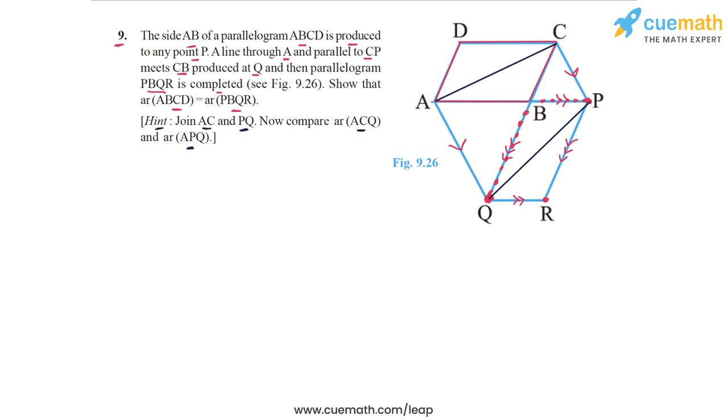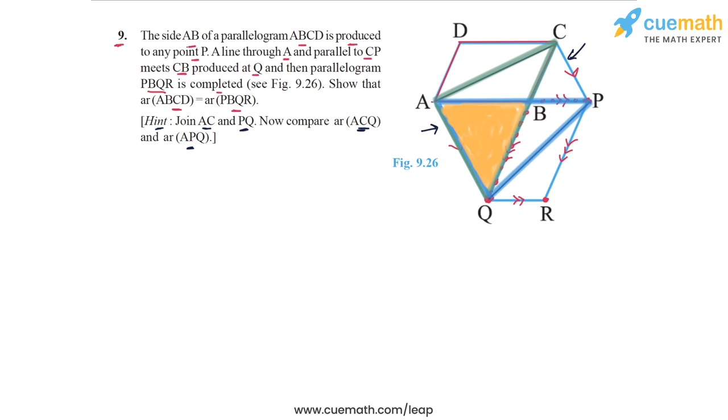So here's what we're going to do. We'll consider triangle ACQ. So triangle ACQ is this triangle I have highlighted, and triangle APQ is this second triangle I have highlighted. Both of these triangles are on the same base AQ and between the same parallels AQ and CP. So basically their areas will be equal. Now an interesting thing about these two triangles is that they are overlapping, so they have some common area. So if we shade that common area, this is what it looks like. So this is the common area.